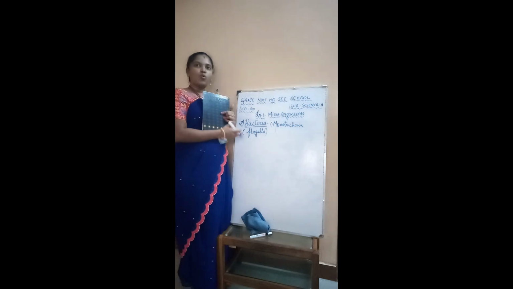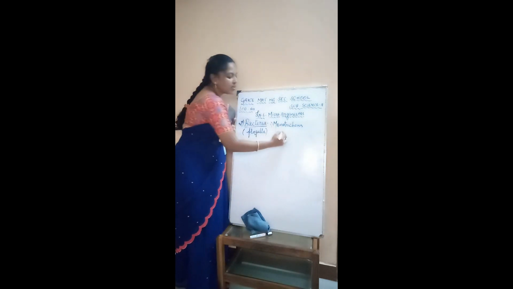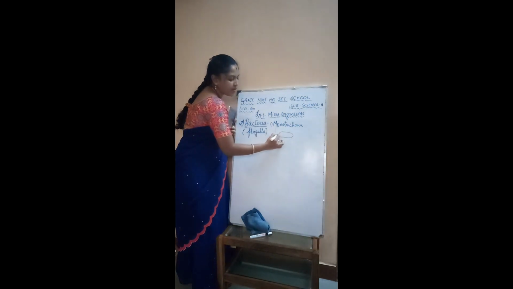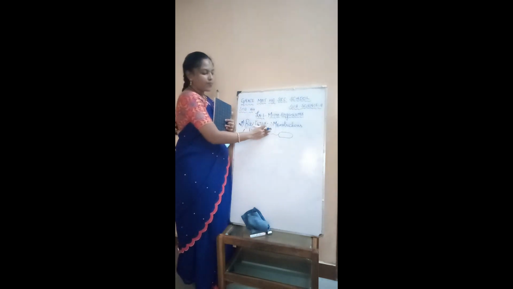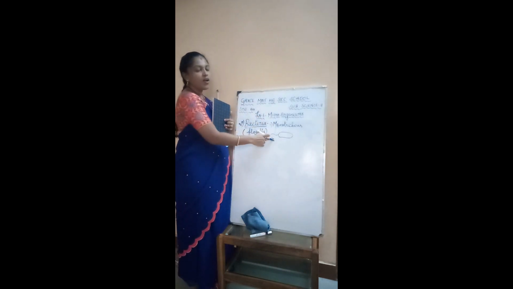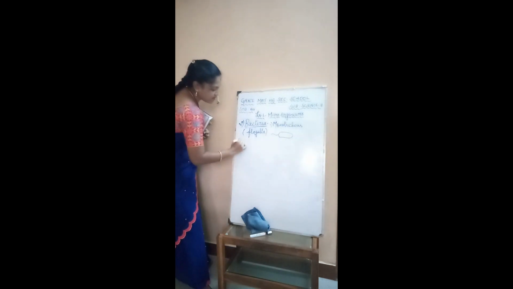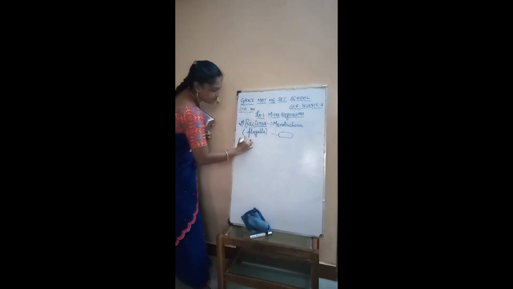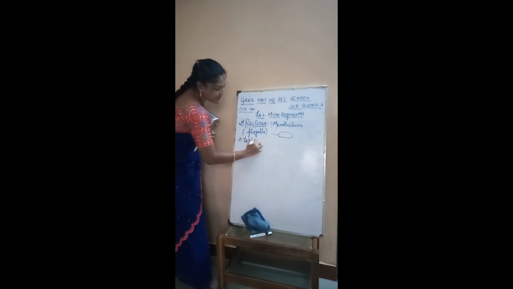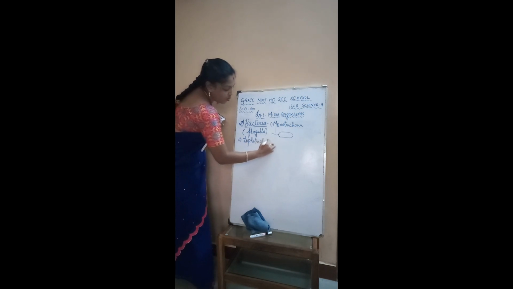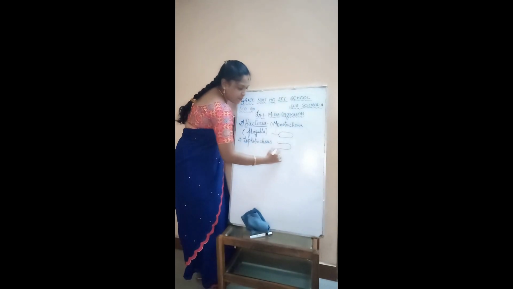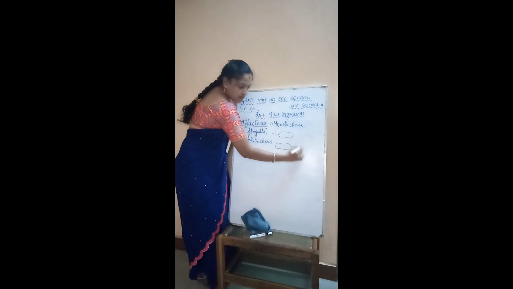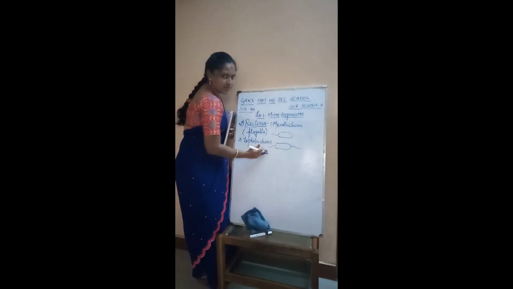Monotrichous. What is this mono? Mono is nothing but single. So the bacteria will have a single flagellum at only one particular end. One end, one flagellum. That is monotrichous. Next, after mono, it is Lophotrichous. What is it called? Lophotrichous has bacteria with a tuft of flagella at one end.